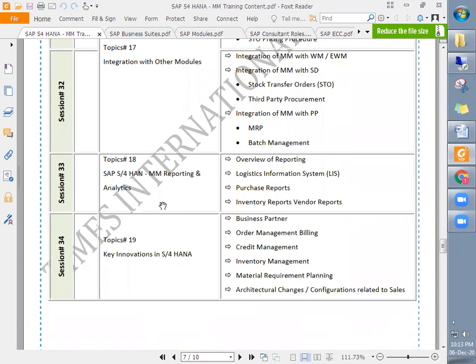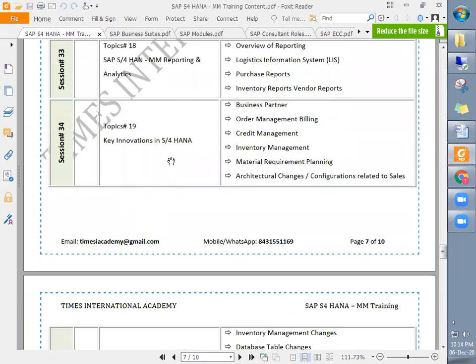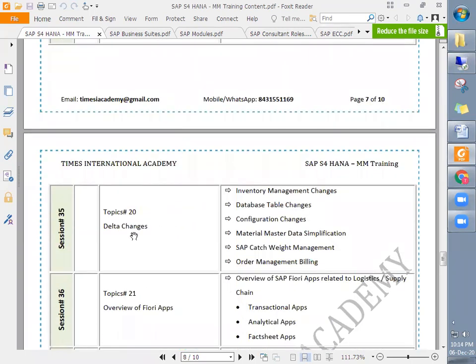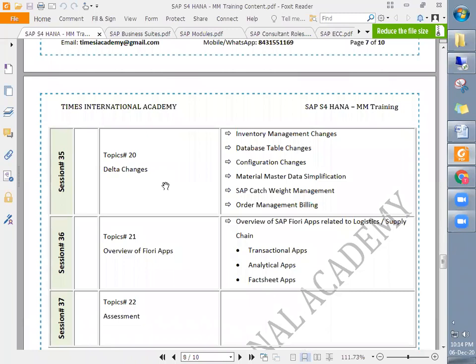And then finally, we will discuss SAP MM reporting, the different reports available in SAP S4HANA related to MM. Then key innovations in SAP S4HANA, and finally the delta changes, meaning we will discuss the new functionalities added compared to older versions.